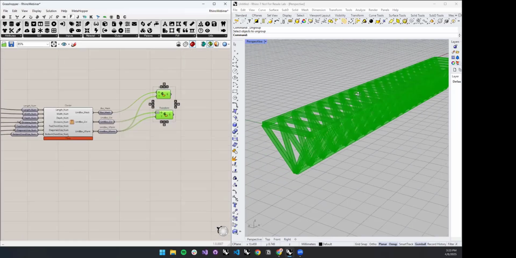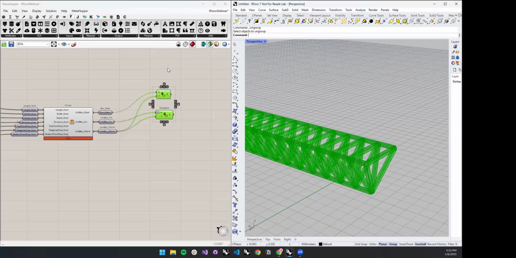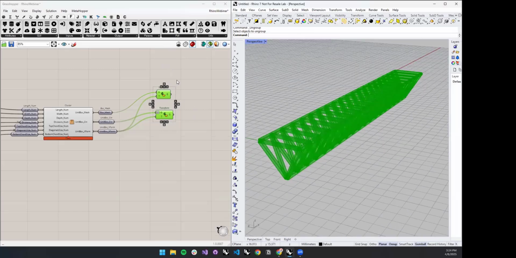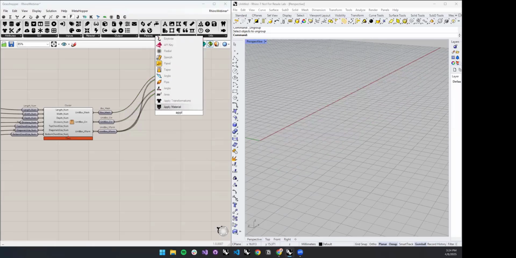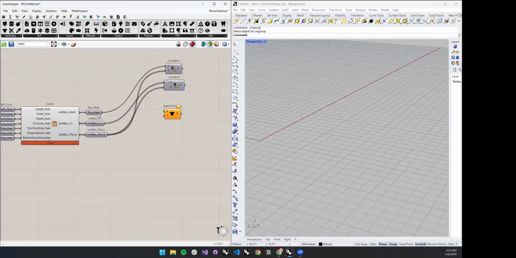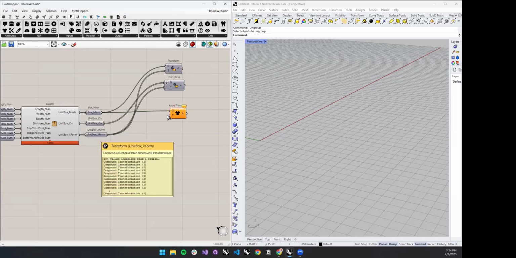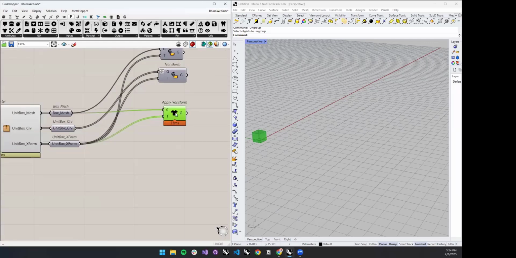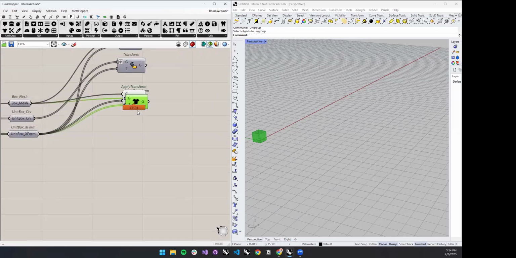I mean, we know that we want to output this, but instead of outputting the actual transformed mesh here, we're going to do a little trick. We have a component called apply transformations. So I'm going to take this box mesh like that, and then I have my transforms and plug them in like this. All right, so now it actually looks like we're going to output one mesh, like a cube. And that's true. We're going to output a cube, but it actually has a bunch of transformations attached to it. So we're going to do the same thing here with the